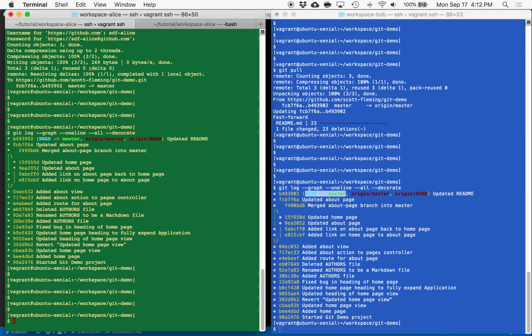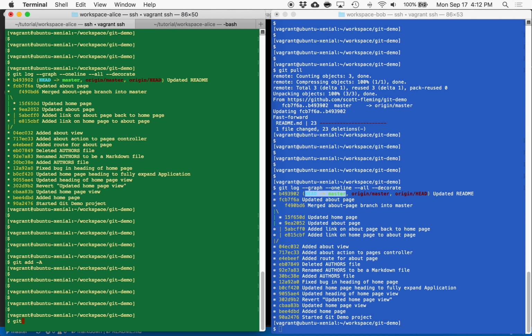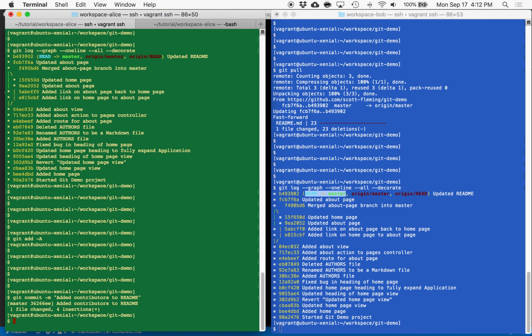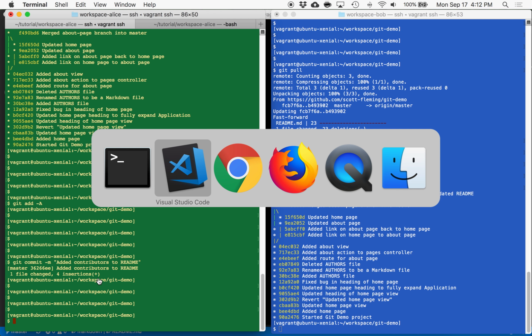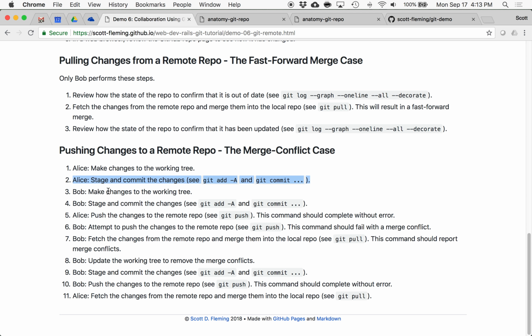So Alice is going to say git add to stage them. And you're going to say git commit, added contributors to README. Okay, so she staged and committed them, and so